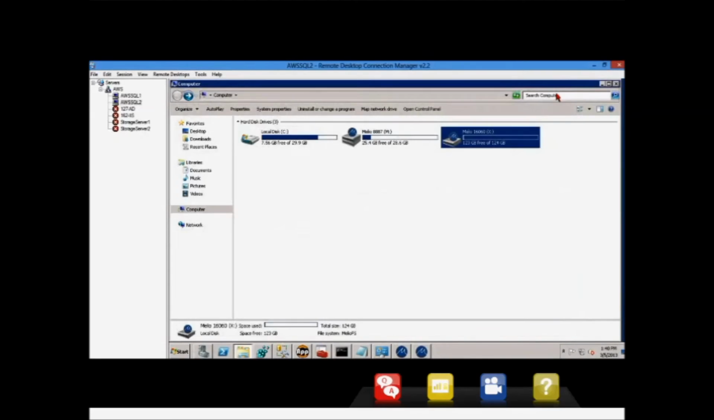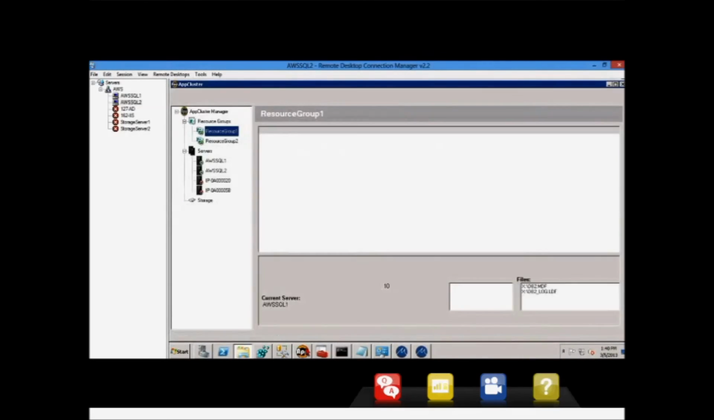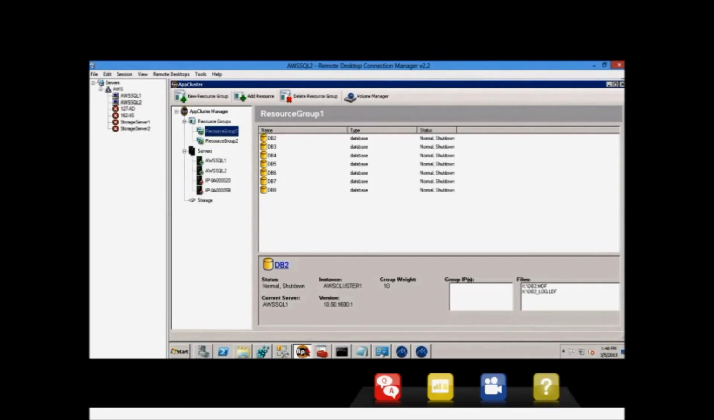And then the last component is App Cluster. So we can see App Cluster here. This is the component that actually clusters SQL Server. And so it looks a little bit different than your traditional Windows failover clustering. It functions much differently. It uses the concept of resource groups. So what I can do is I can create resource groups, and then within those resource groups, I can assign